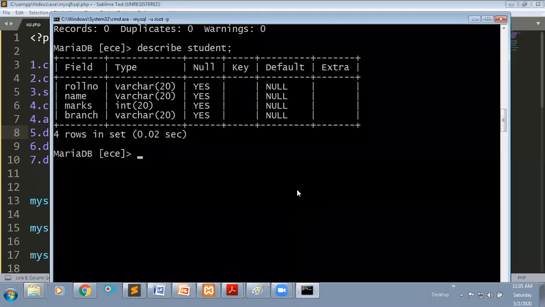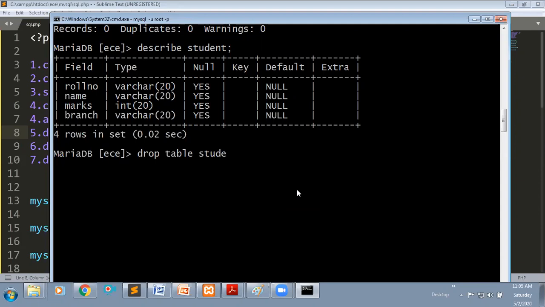For example, if I use drop table student, the student table will be deleted from my database. I'm not going to do that.